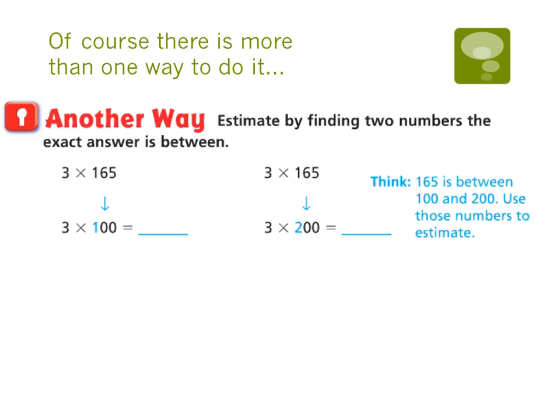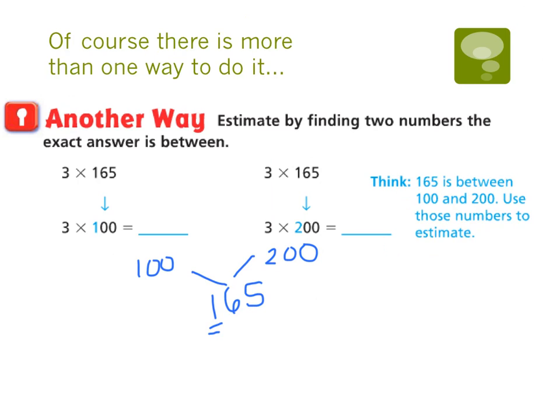Of course, if we've learned anything over time, there's always more than one way to do it. You can also estimate by finding 2 numbers that an exact answer is between. In this type of problem or estimation, I would take my basic number, 165, and I'm still looking at my hundreds place, but I'm thinking 165 is between 100 and 200, and I'm